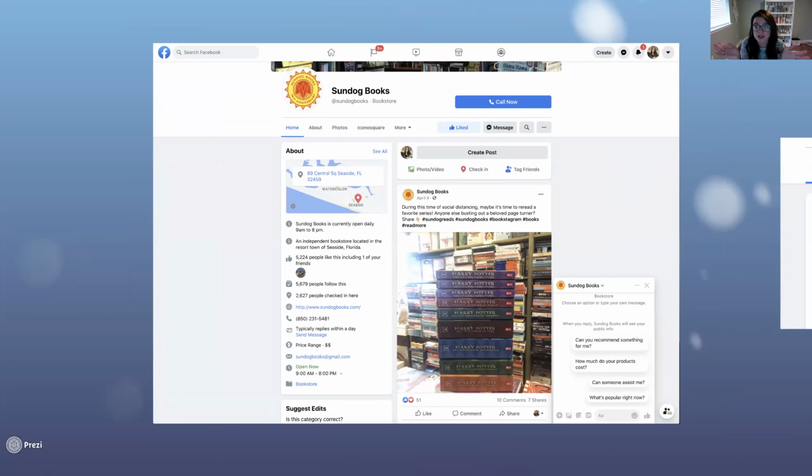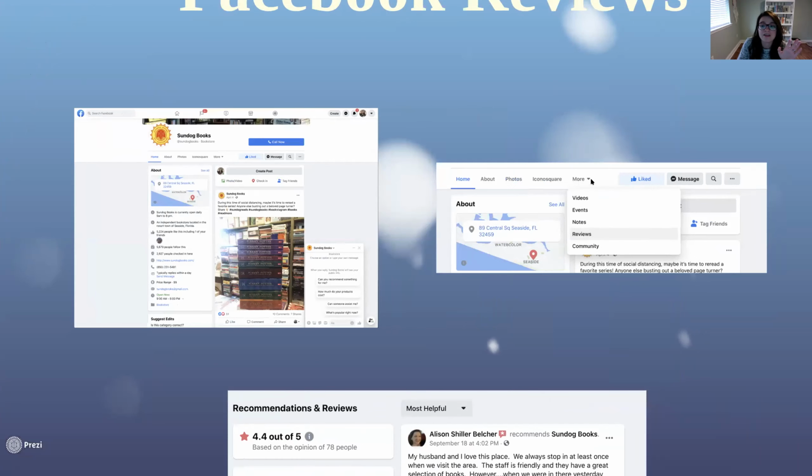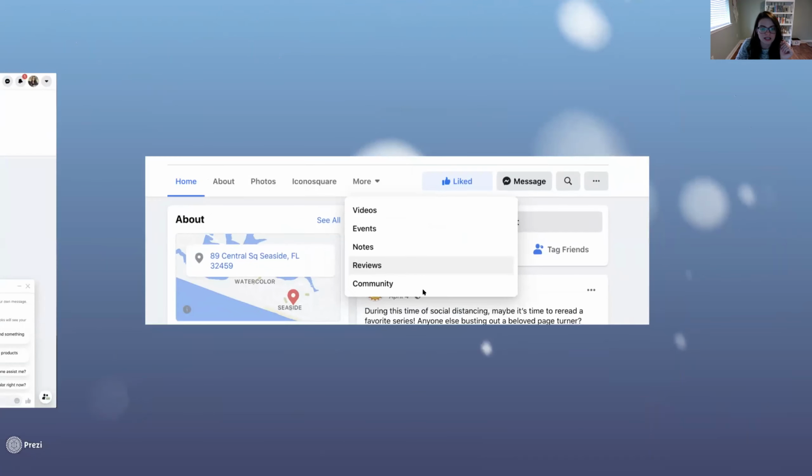I obviously like to read. So if you click up here, see these three dots, I'm sorry, that's wrong. You want to hit the more button. That's not confusing, right? So this more button is going to be your drop down. And I talked earlier about how if you don't see the community button, it's probably under this more tab, which it is. So we're going to click reviews because we want to either leave a review about Sundog Books or read other people's reviews of them.